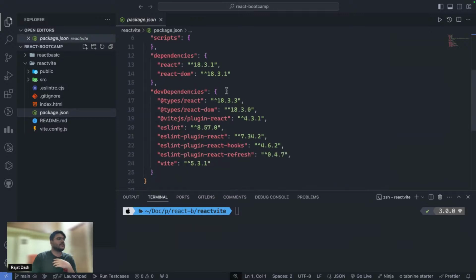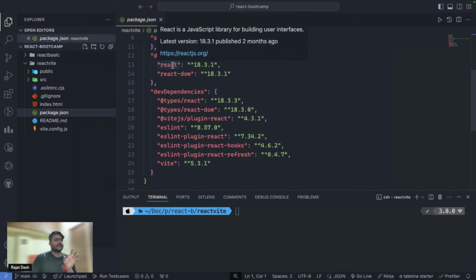So I was saying we have a lot of dev dependencies. And what are dev dependencies? Dependencies which are used while developing an application, and they will not be present in your production level application. These will only be helpful for developing your application, because eventually the entire React code will be bundled up in a JavaScript file, and then that will be hosted or deployed on your site. So the only two things required for building a React application are React and React DOM.